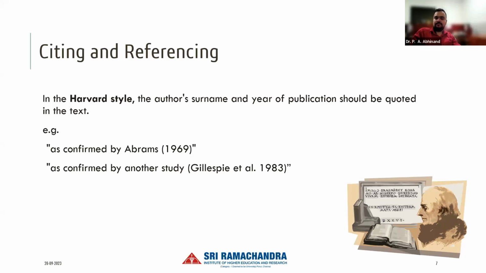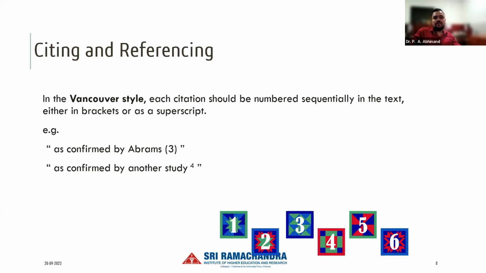of the surname. And Vancouver style is called the numbering style. Inside the manuscript, you will be giving the reference as numbers 1, 2, 3, like that. This number can be in square bracket, circular bracket, superscript, subscript, but it will always be numbers. And at the back of the paper, all the full references will be in the order of occurrence of the references in the manuscript. So whichever is one in the manuscript will be given as the first reference at the back also.